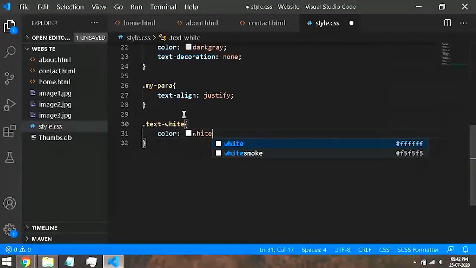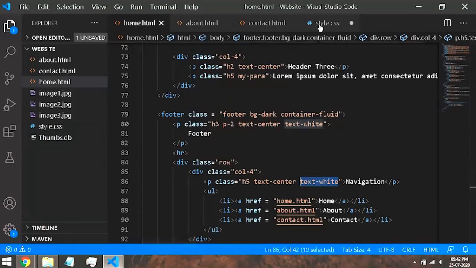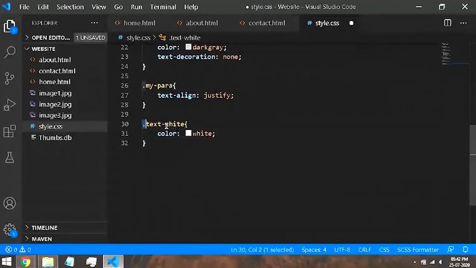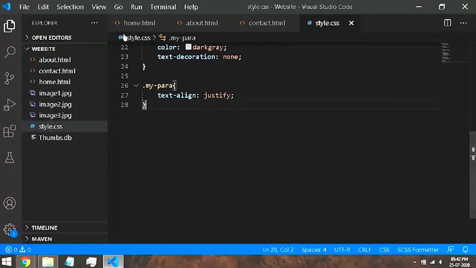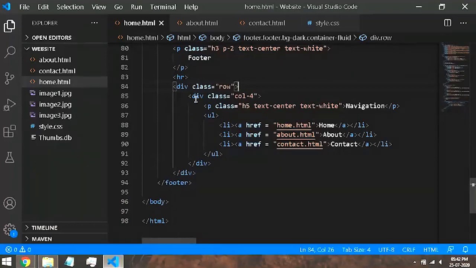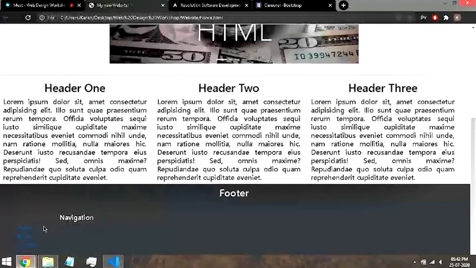That's it. So we did not have to come onto our CSS page, declare a class in the home page, then add this syntax, then specify the color. So that's why it is convenient. So we created one column.